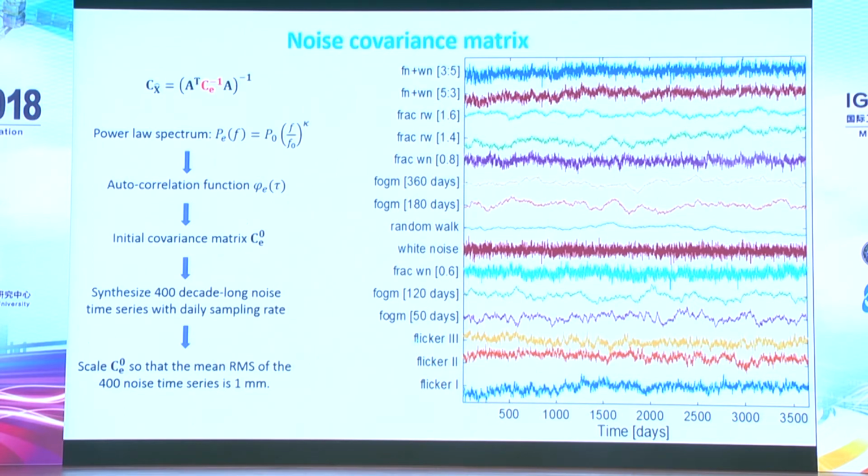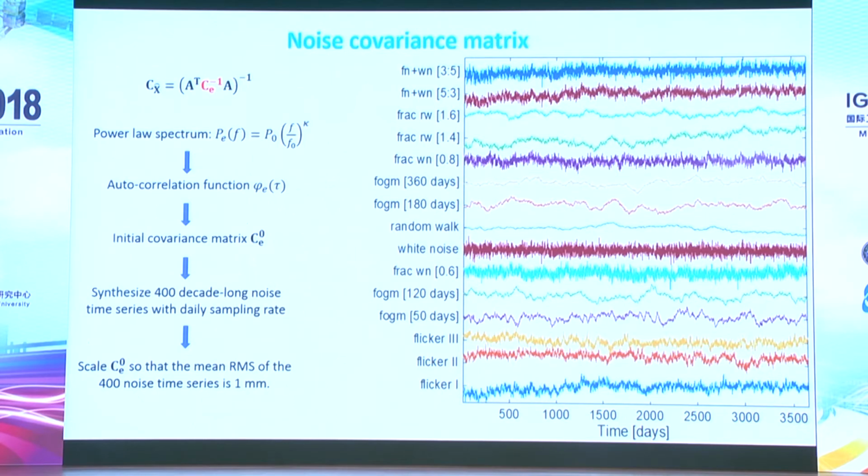So here we choose to compare among these different forms of covariance matrix to see whether it's going to significantly impact our result. We also include random walk and white noise. And here we also include a mixture model which consists of flicker noise plus white noise with different magnitude variations. And as we previously mentioned, the velocity uncertainty actually depends on the covariance matrix of the observational noise. Therefore, we first wanted to construct the covariance matrix for each of these included noise models.